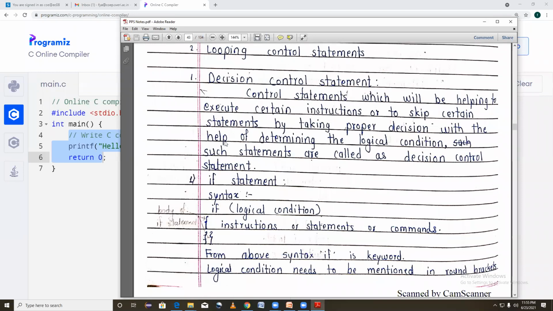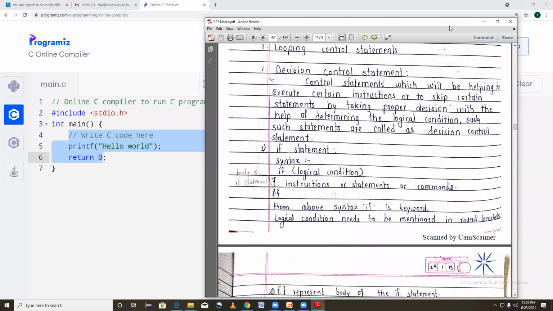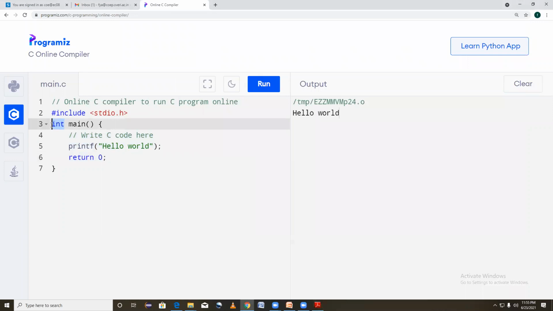Decision control statements help to execute certain instructions or to skip certain statements by taking a proper decision with the help of determining a logical condition. So this is a bit theoretical. We have just gone through simple examples and simple understandings.